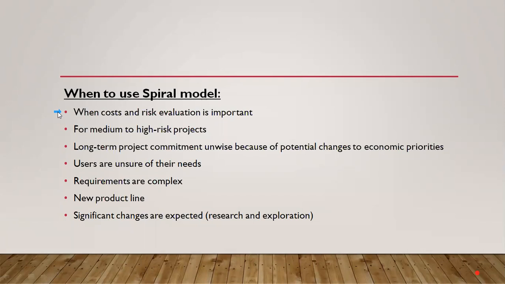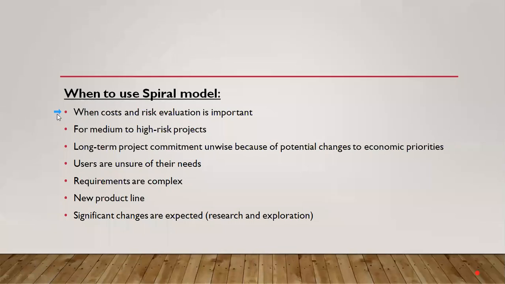Here we are giving more importance to risk in the project. So we analyze where we get risks and how to handle those risks in that particular project. That's why, where we need more risk analysis, in such kinds of projects we need this spiral model technique. And cost evaluation is also performed here. Cost in the sense of budget.